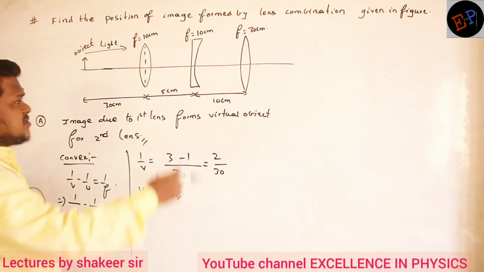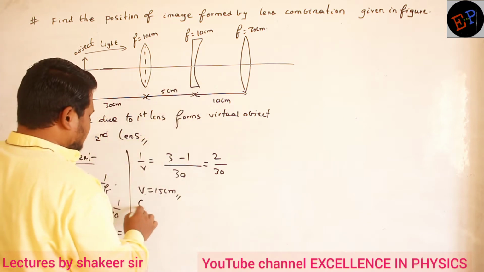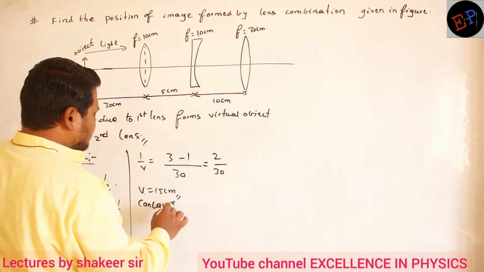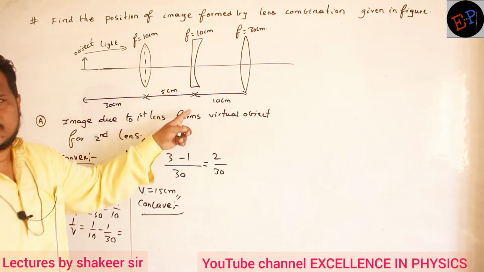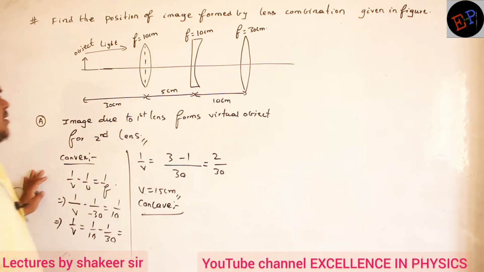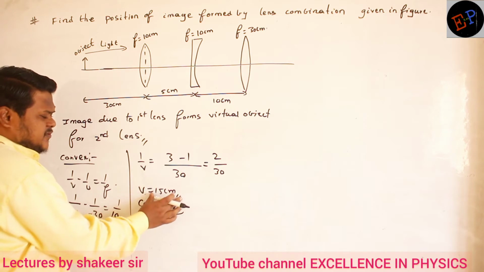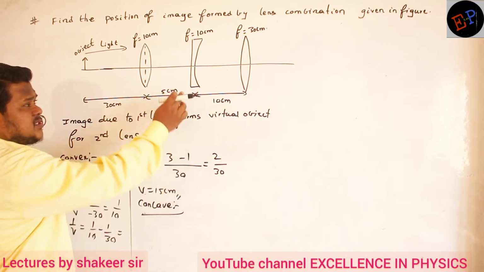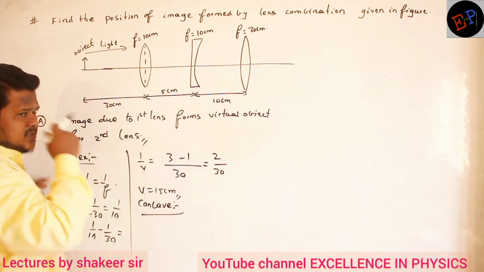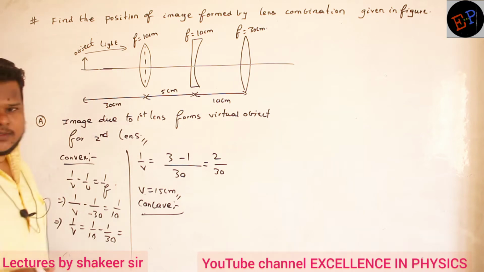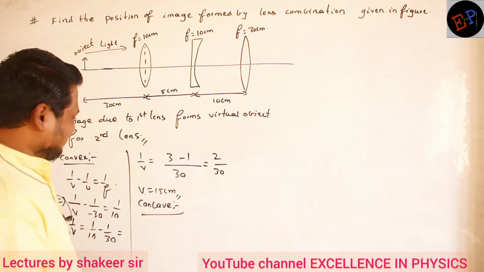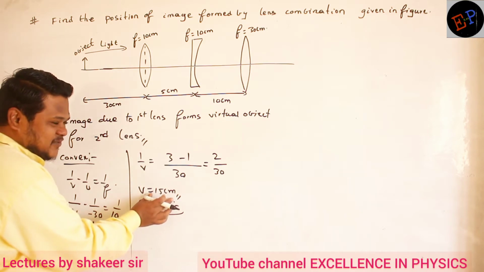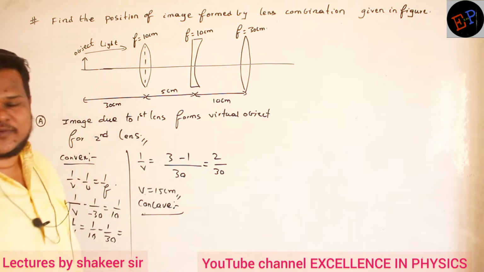And which is the second lens here? The second lens is a concave lens, or you can call it a plano-concave lens. Only one side is concave, the other side is plane. Are you able to understand? Now can you say, if this distance is 15 centimeters, what is the position of the virtual object for the second lens? This distance is 15. 15 means from which position is it 15?